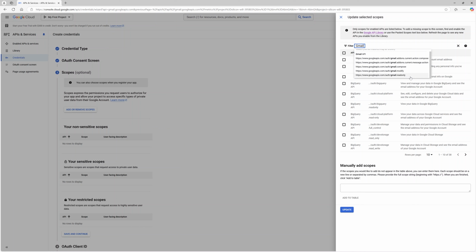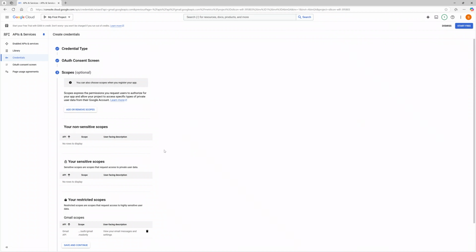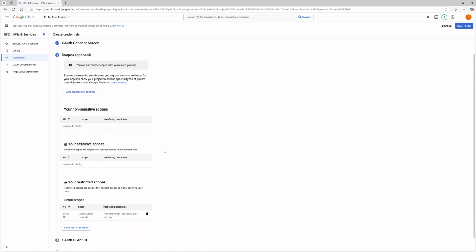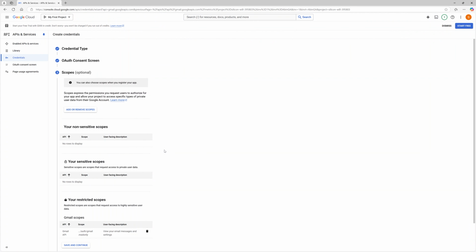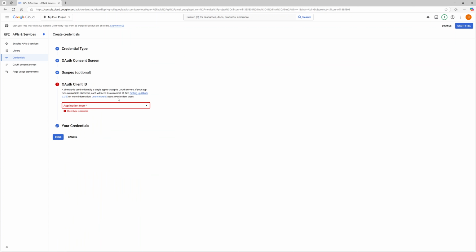So let's select reading all the emails, so that is the first thing we are going to do. At this moment let's select that and update, and when we need other scopes we are going to come back and add it. We are going to complete this setup,